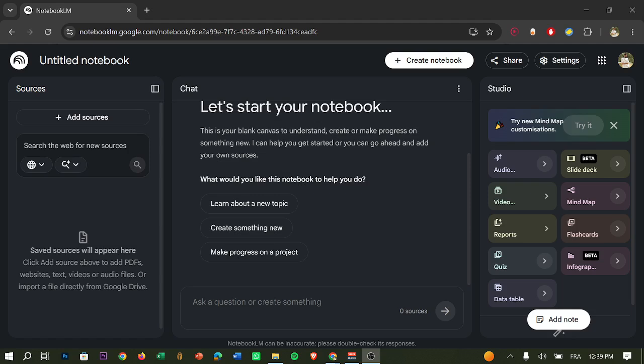Reduce the number of sources, because extremely large notebooks can occasionally create processing bottlenecks. Try creating a smaller test notebook containing one PDF, one article, or a few sources only, then generate the